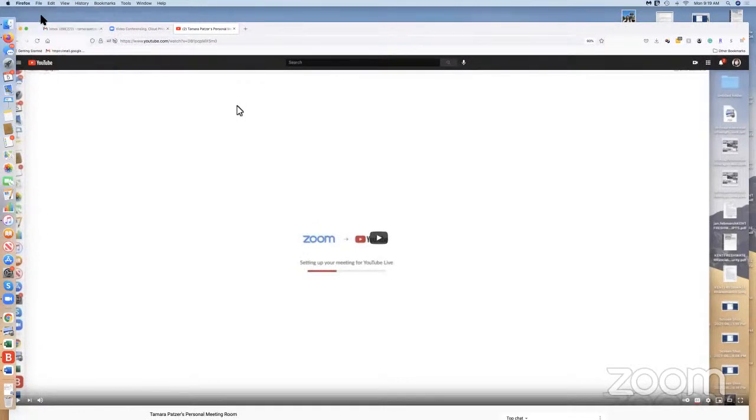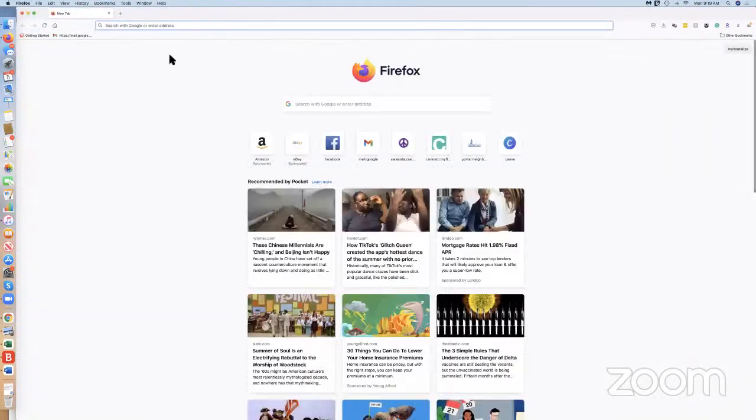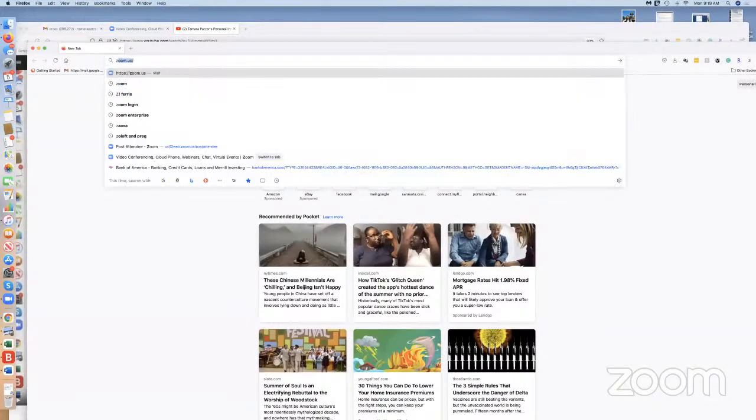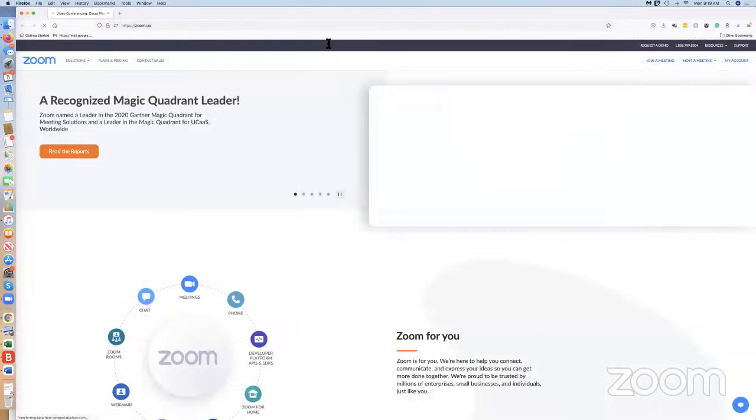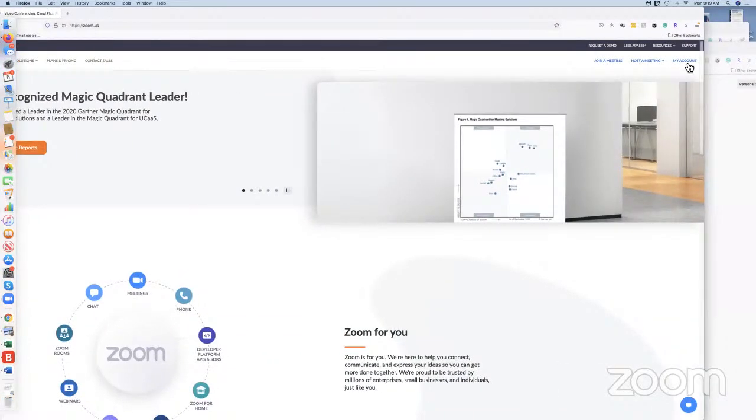So let me go ahead and go into a new window, and I'm going to go into the actual Zoom.us and go into my account. This is what I found to be the easiest way to set up the account or the meeting. So you go to my account,